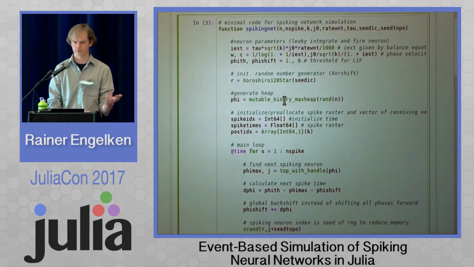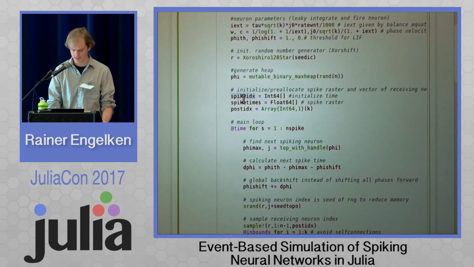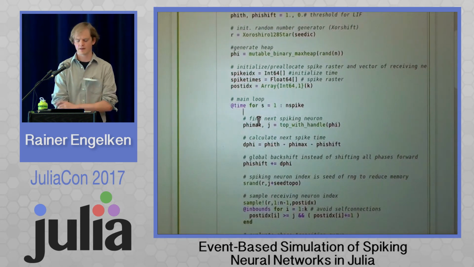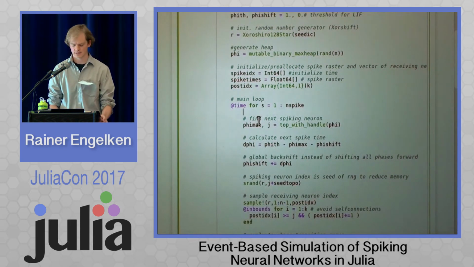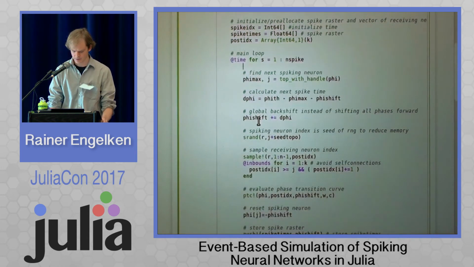Of course, if you do that in a larger simulation, you can do this in place and save a bit of memory. We initialize and pre-allocate the spike raster and the vector of the receiving neurons, the postsynaptic neurons, and now starts the main loop. It's very simple, very similar to what I told you before in the 3-neuron simulation. First, we have to find the next spiking neuron. There's this function top with handle for binary heaps, which gives you the maximum value and its index j